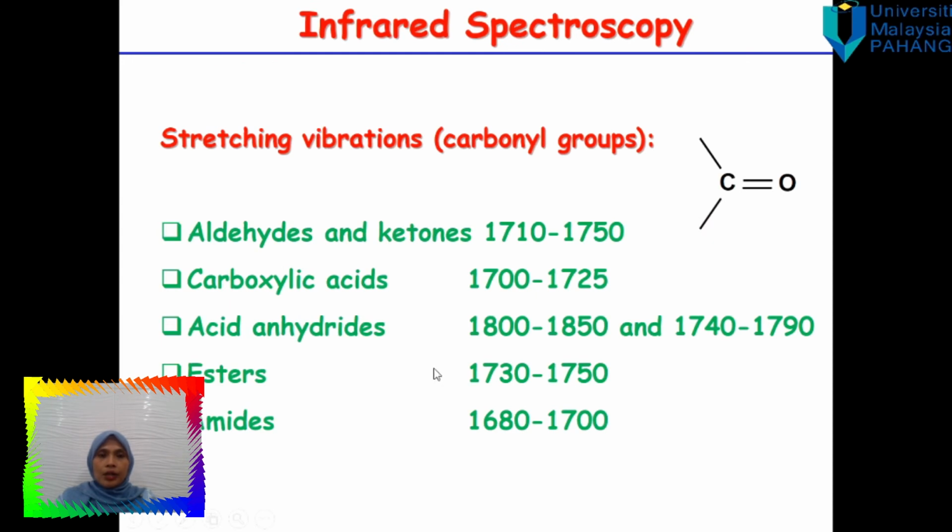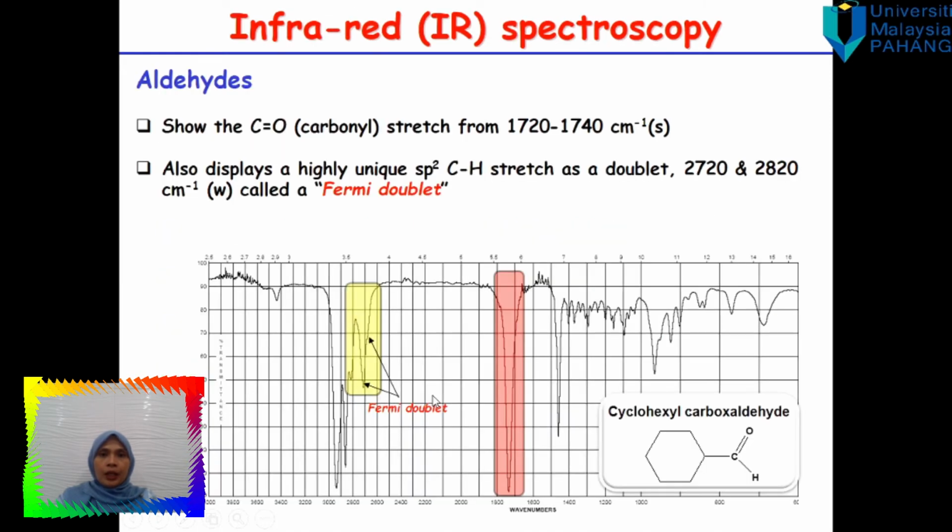And next, the last part will be the carbonyl group compounds: aldehyde and ketones, carboxylic acid, acid anhydride, ester, and amide. All these C=O fall in the region 1700 to 1850. The amide is lower, 1680 sometimes. The carbonyl group is the typical signal, 1720 to 1740 for C=O, and for the aldehyde they have a Fermi doublet